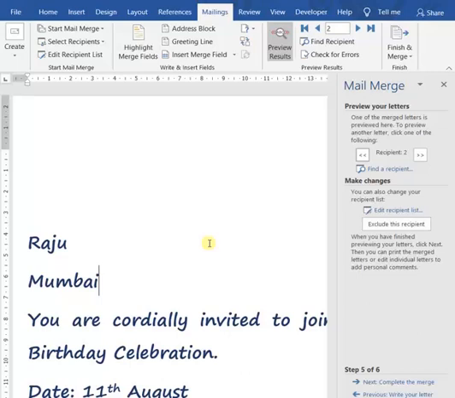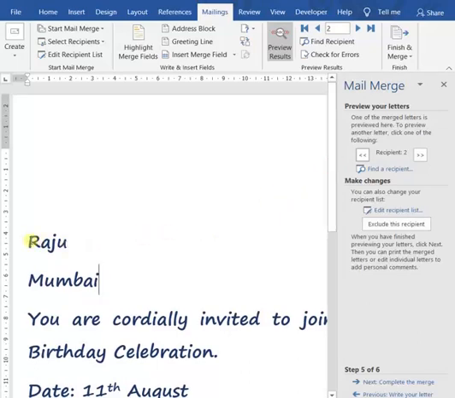So for 3 contacts, it creates 3 separate documents and puts the separate contacts on those separate letters. So you can see at the top I have inserted the column name, and in the next line I have previously inserted the column header or the field address. So now the actual values will appear in this fifth step.